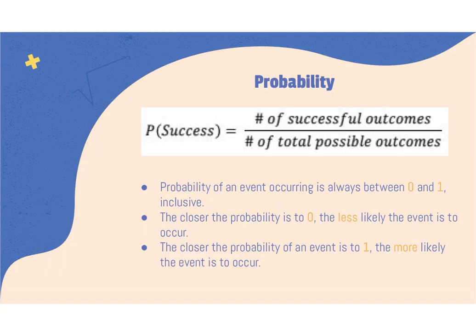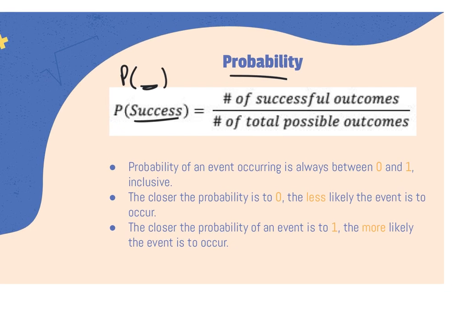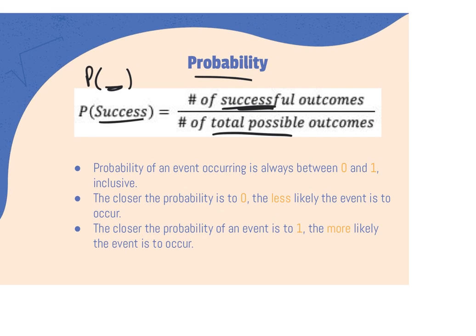Okay, so we start with probability. Probability is often written as P, and then in parentheses, something. The probability of your success of whatever the event is. Probability usually is going to be a fraction, and it is basically what you want to have happen over everything that could happen. So it's going to be somewhere between 0 and 1,